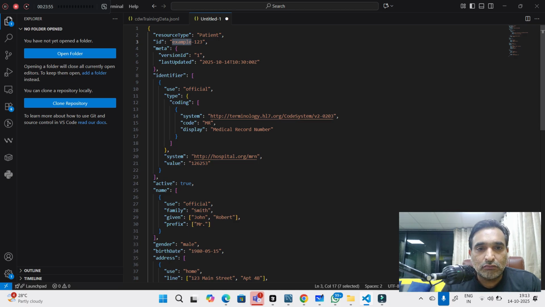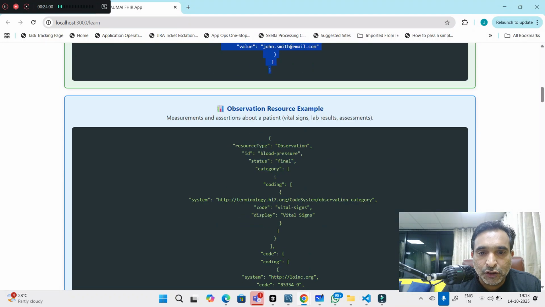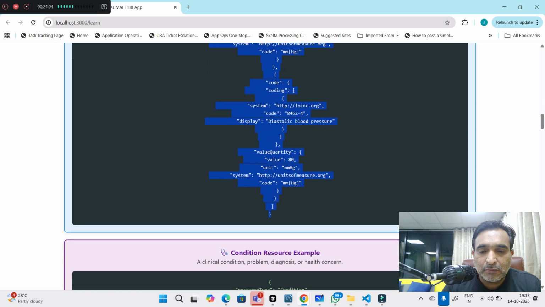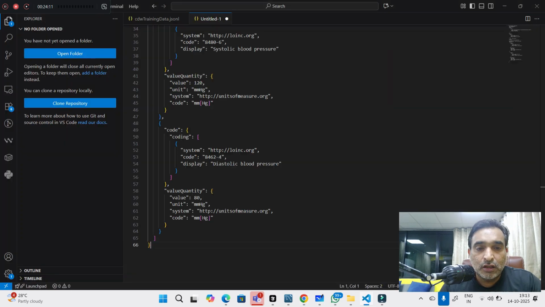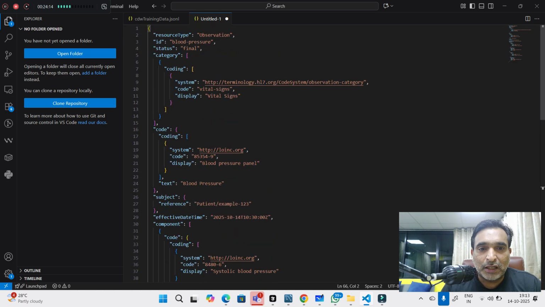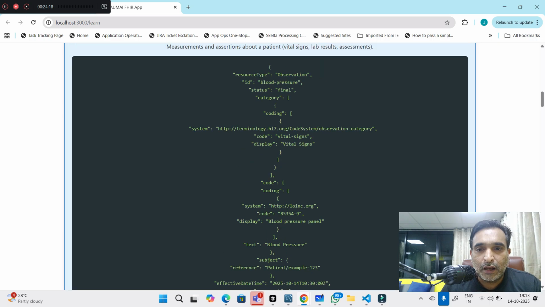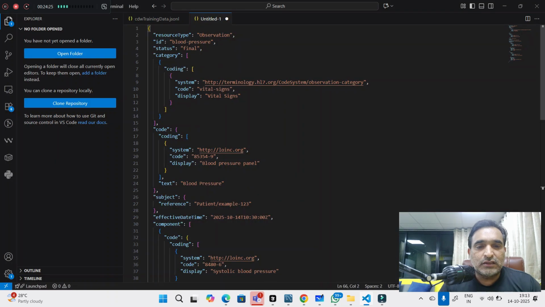So this is the patient. Let's look into the observation resource. So let me copy this. The only reason I'm copying this and showing it to you on Visual Studio Code is because the format is prettier here, and this is not very readable. I tried my best, but I couldn't get around the CSS and make it more readable. So anyways,